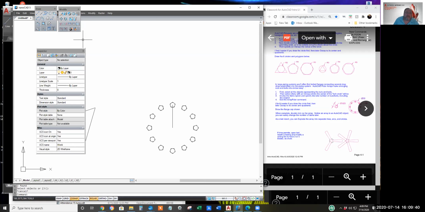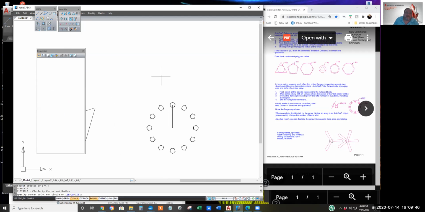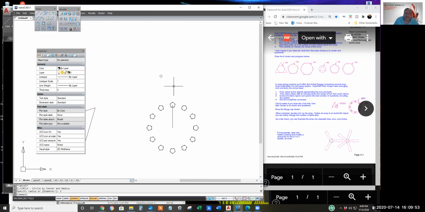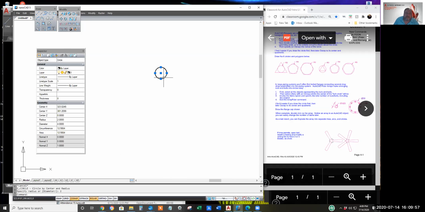Let's start from scratch. Here we'll draw a circle. Click, and we'll make it, say, 2 unit radius. Click on it, and we'll see the radius is 2.